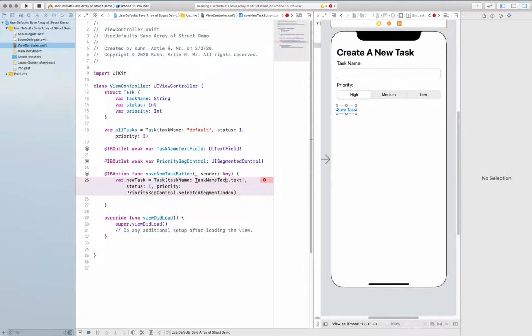Oh, I didn't type that in. Right, not the task name text field. This is why I like to do this sort of thing. Copy, paste. Copy, paste. Great. So now we created a new task that consists of a task, and it's all set based on what the